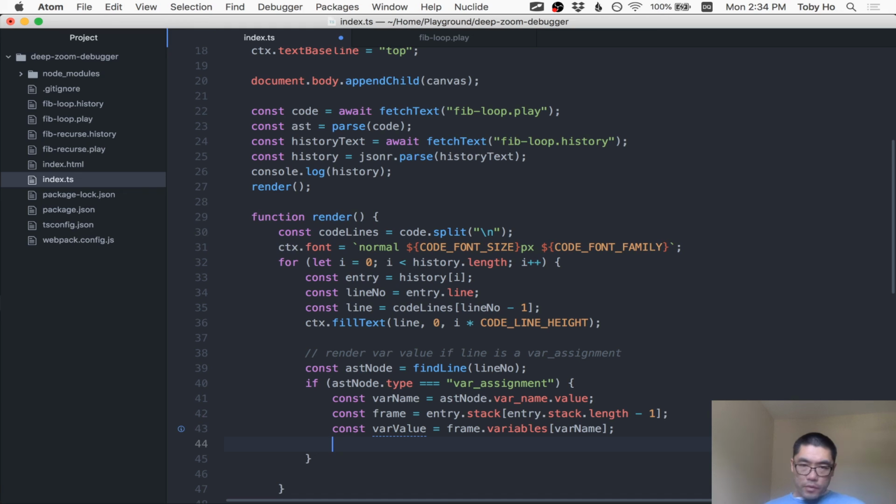Okay, so if the line is a var assignment, then what I want to do is ctx.fillText. The line I want is first var name and then equals var value. But where do I want to render it? The x, I'm gonna move it maybe like, I don't know, 500 pixels, and then